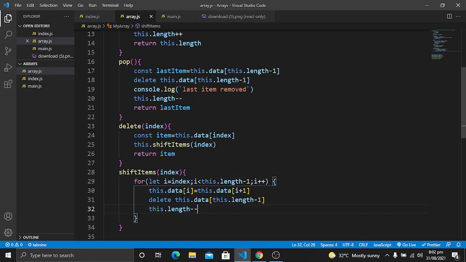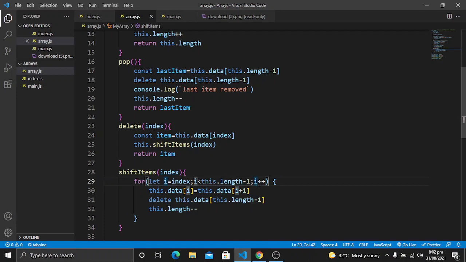So 5 to 9, let's say the fifth item is removed. Now every item in the array moves: the sixth item will move to the index of 5, the seventh item will move to the index of 6, so they will move one step backward. This is the functionality this line is adding to our code.